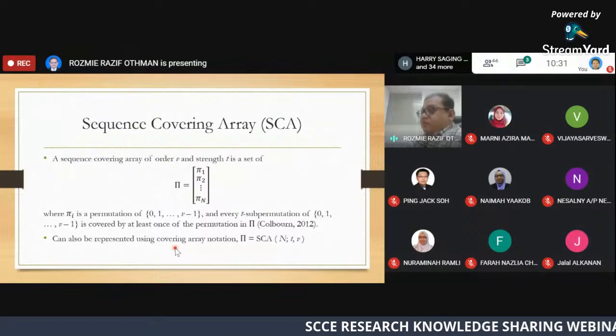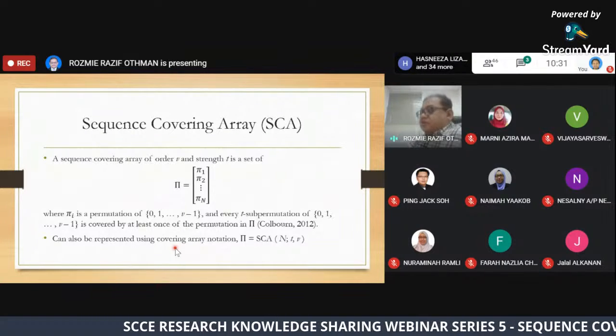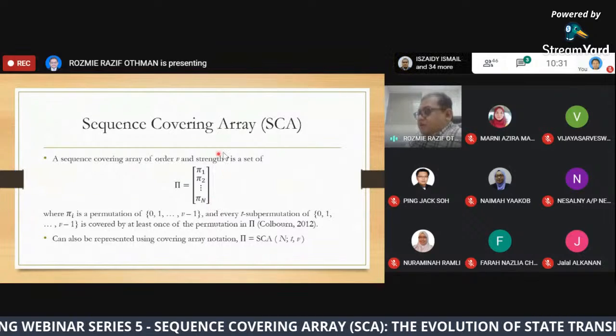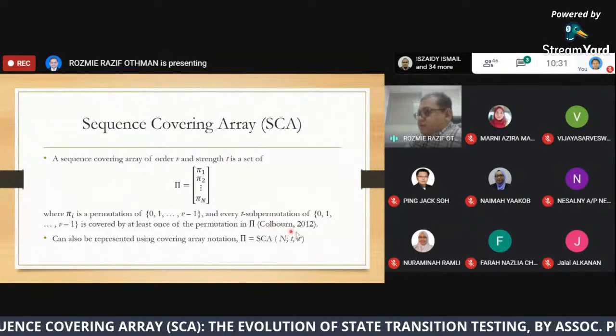So here comes what we call the sequence covering array. The idea of the sequence covering array was introduced by Kuhn in 2012.